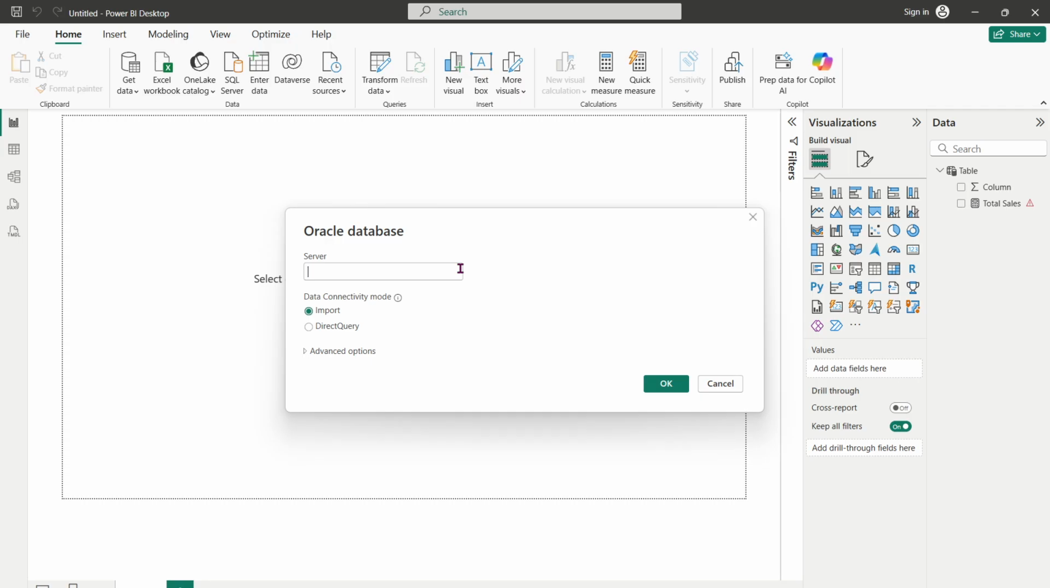With your data loaded into Power BI, you can now start creating dynamic and insightful reports, leveraging the robust set of tools that Power BI offers. Remember to save your work frequently and explore the various visualization options that Power BI provides to make your data come alive. And there you have it, a simple and